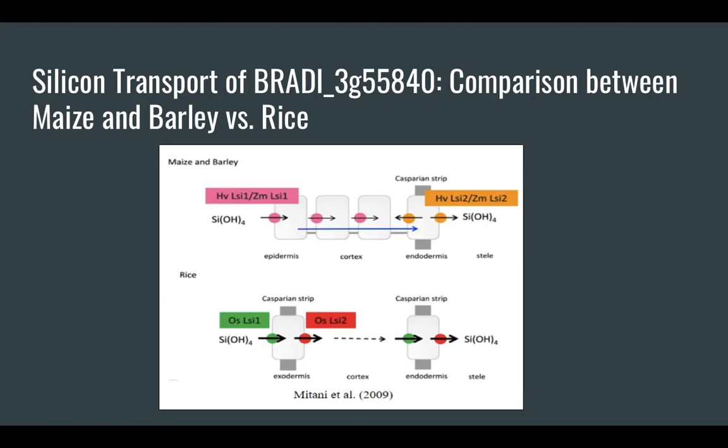Maize and barley transport silicon through the epidermis with the help of LSI1, but move it through the endodermis with the LSI2 transporter. On the other hand, in rice, silicon is transported through the exodermis from the outside to the inside with the help of LSI1, but is transported from the exodermis to the cortex with the help of LSI2, as you can see in our